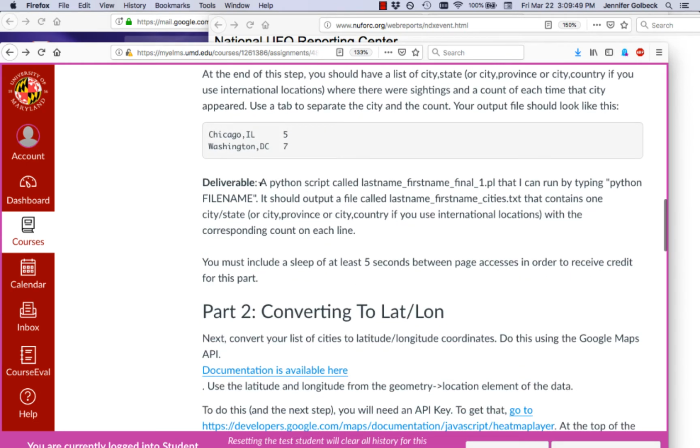What you have to turn in for this is a Python script. Note that there's a pretty strict naming convention here. I want it to match that. I should be able to run this just by typing Python space that file name. So I shouldn't have to put in any other information. It should run fine. You should output a file called whatever your last name is, underscore your first name, underscore